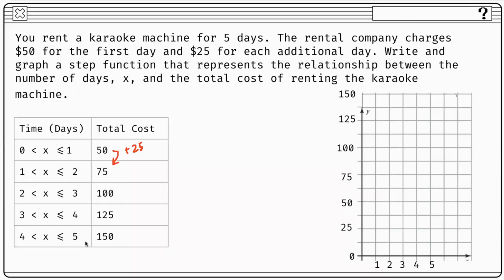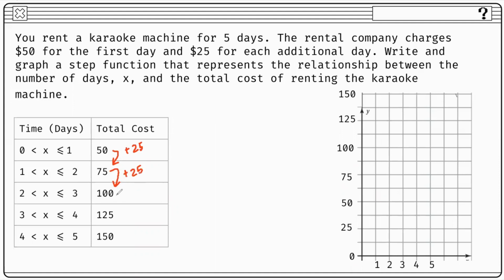And now you can continue this pattern until you hit 5 days. So from $75, if we rent it for greater than 2 days, but as long as it's less than or equal to 3 days, we know that we're going to have to add another $25 for that additional day, and